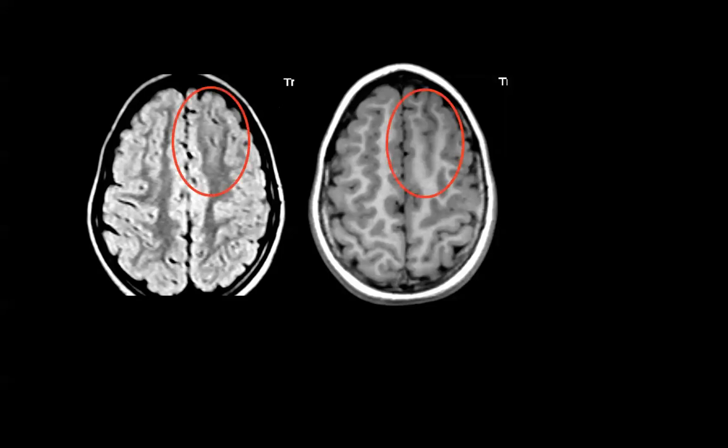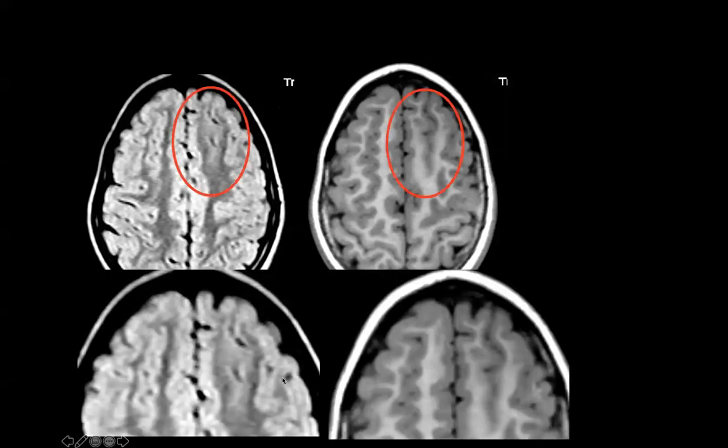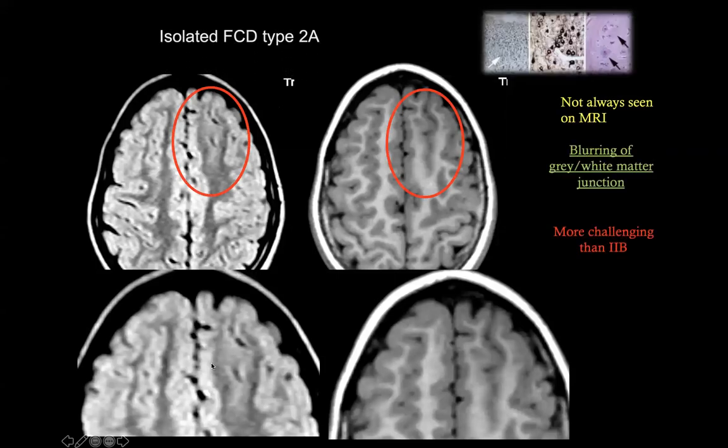And the lesion is there. And in this case, you see, I will zoom for you, sharp, this is a 3D FLAIR, sharp margins between the T1, the gray matter and the white matter in FLAIR on the right side, and in T1 as well. But look at the blurring of the abnormal cortex. And this is very, very important because this is a focal cortical dysplasia type 2A, but some type 2B